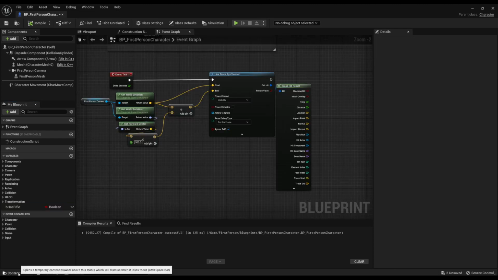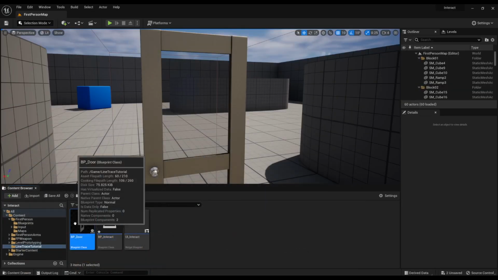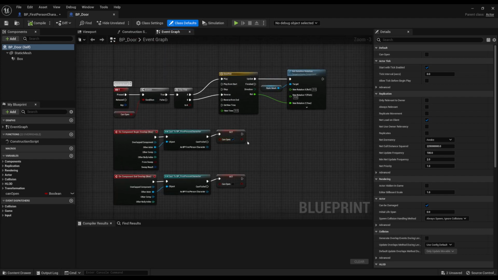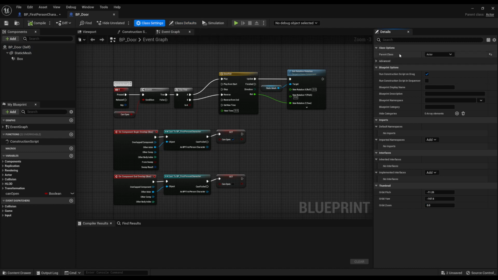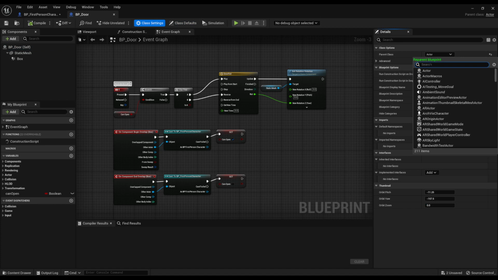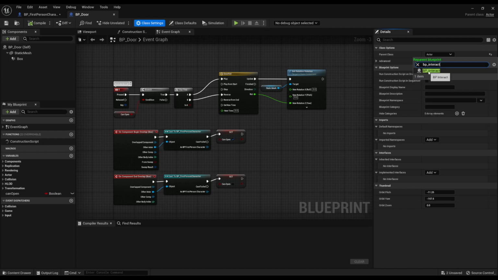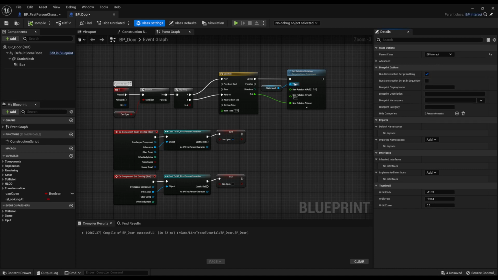So once we've got that, we can go back to the door. And then there's a way to very quickly change the door's parent class. If you click on class settings at the top, and then on the right, you can see parent class. That's currently an actor, just a blank actor. So what we can do is search bp_interact, and then it comes up with this. We can then change that, and it now becomes the parent